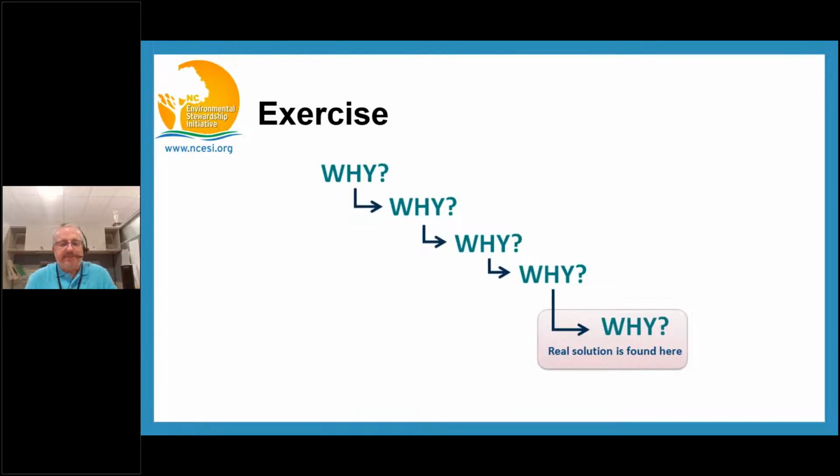The technique involves asking, why did this happen, to uncover the underlying problem. Then asking, why did this happen again, until that root cause is identified. The tool has seen widespread use beyond Toyota. It's now used with lean manufacturing, Six Sigma, and so on. And of course, ESI overview training, right? So one of the